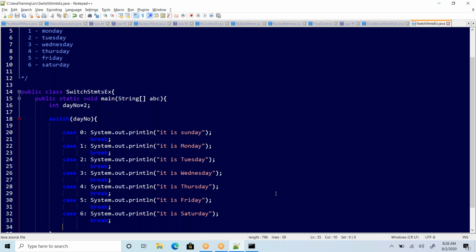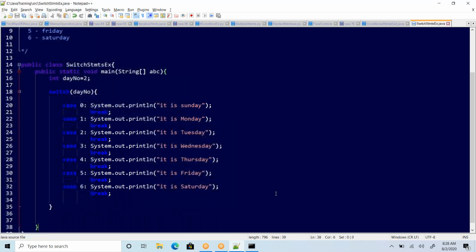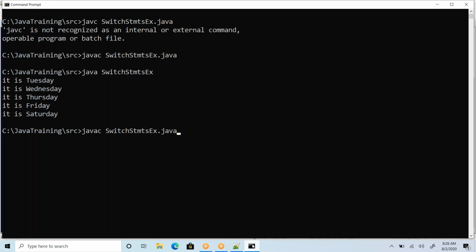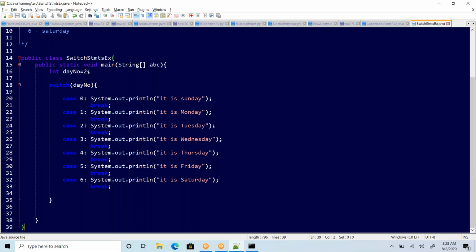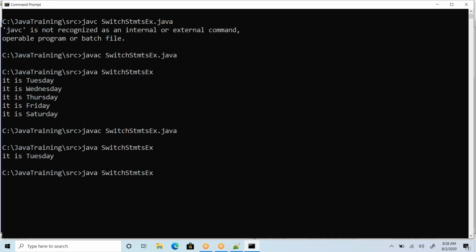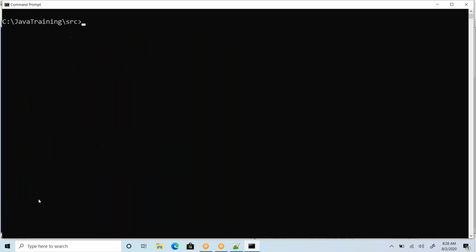This is fine. Now let me recompile and re-execute it and see if there are any issues. It is Tuesday. That's our expected output. Perfect. Let me give some other number, 5. 5 is mapped to what? Friday. Our expectation is Friday. So it's giving Friday. Yes. Perfect. Now I'll give some different